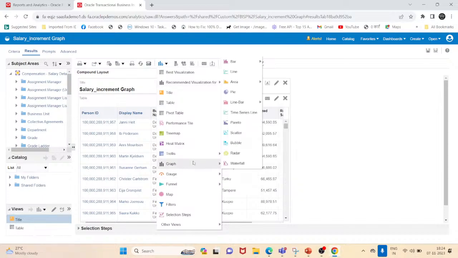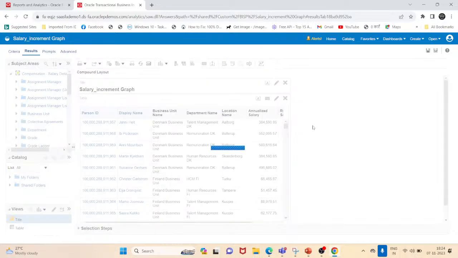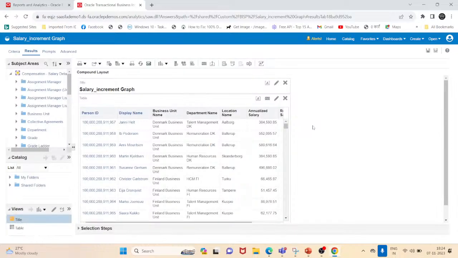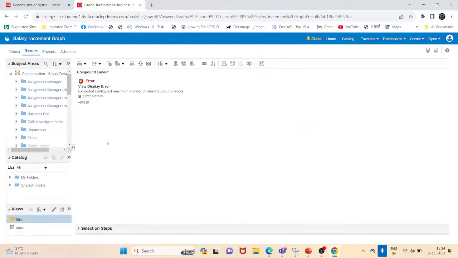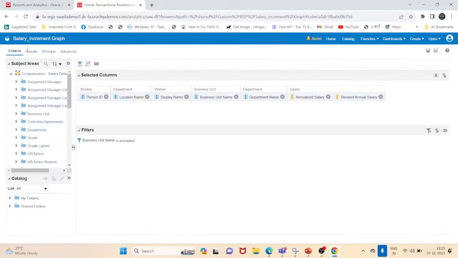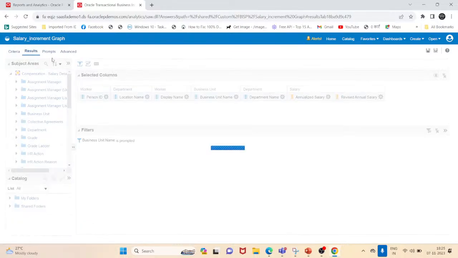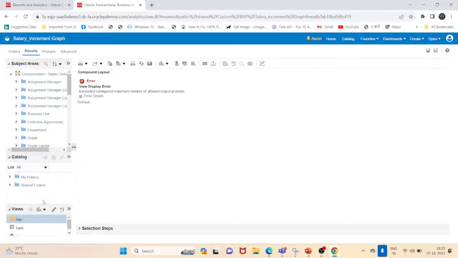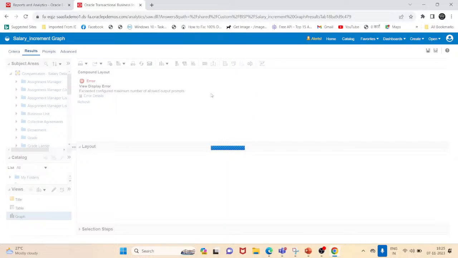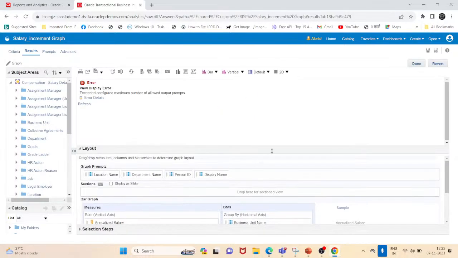So here is our graph, and we are going to choose bar graph. Okay, so let's just come back to our criteria tab and come back to results. Let me bring it a little up, and we are going to edit this graph. So we'll click on the pencil icon and